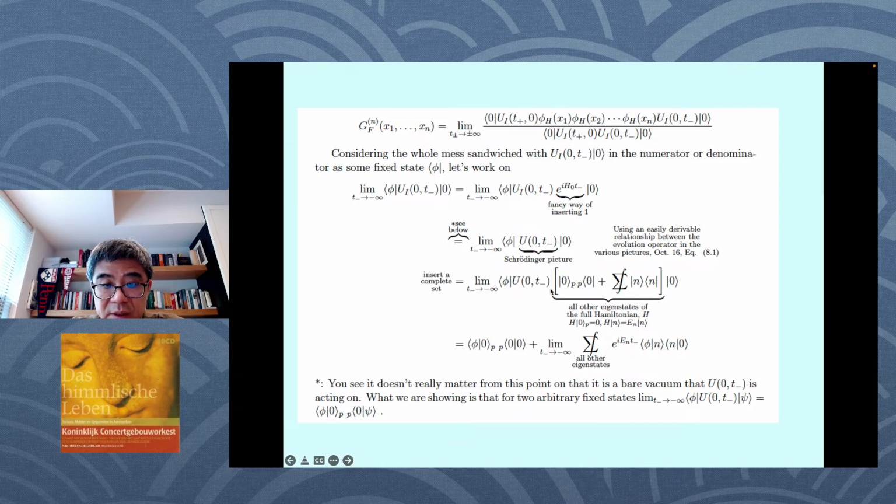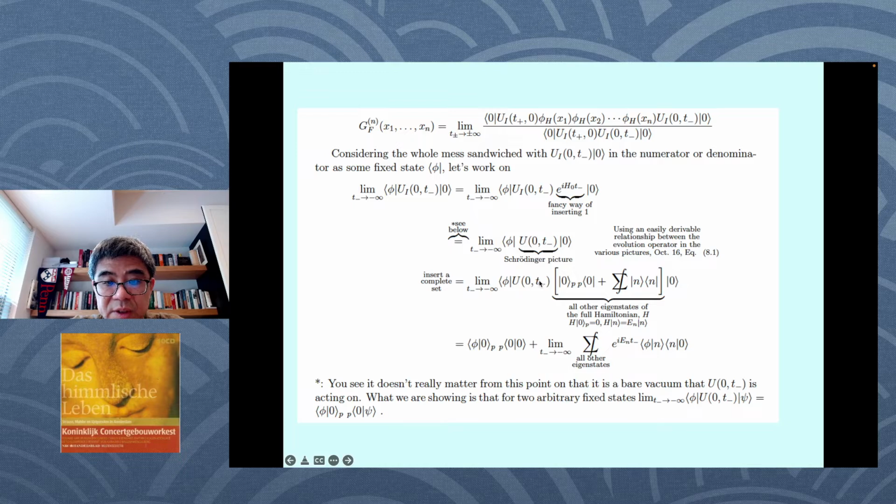Okay, and because this U0 t minus acting on 0 is 0. Okay, so because this is vacuum, we'll get phi 0p and p 0 0. Okay, plus